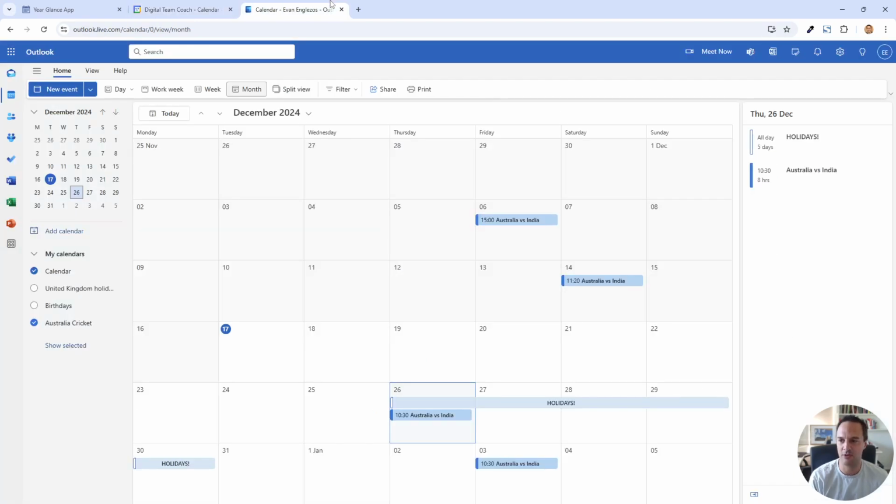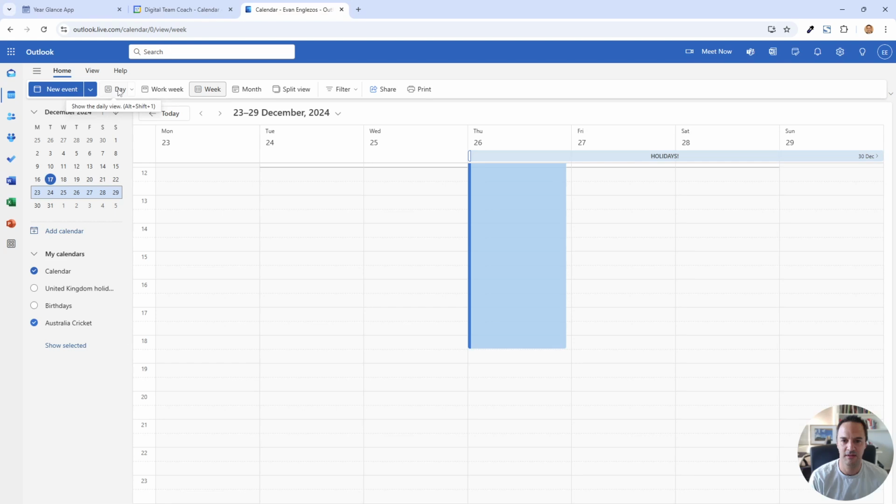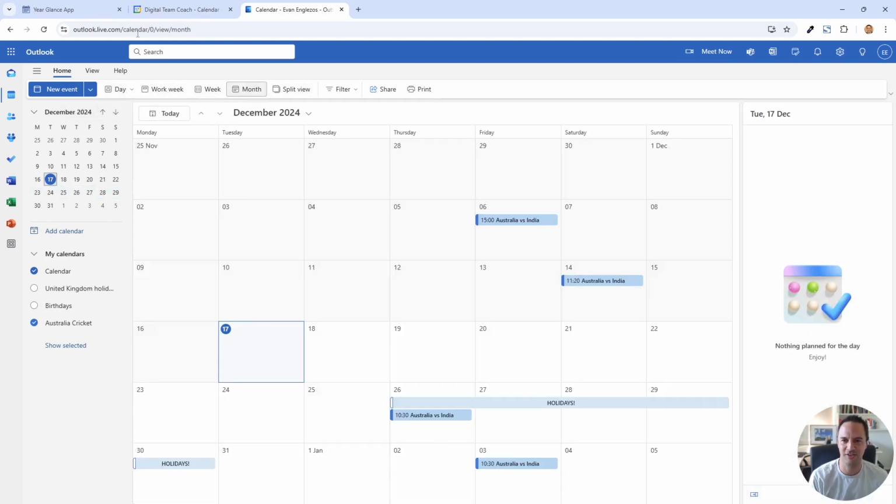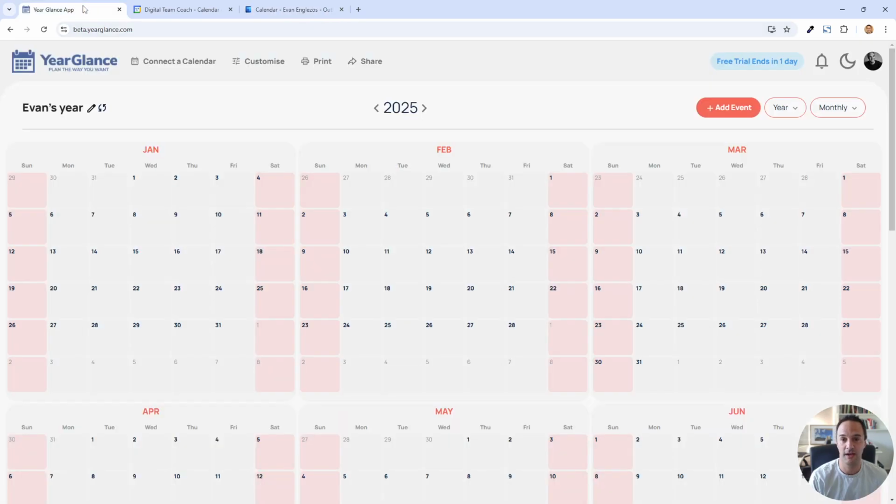And the same with Outlook. Here we can see week, month, day, work week view. But really, it's not very helpful when you're trying to do big planning, multi-month planning and looking ahead and really trying to structure your year or the next few months well.